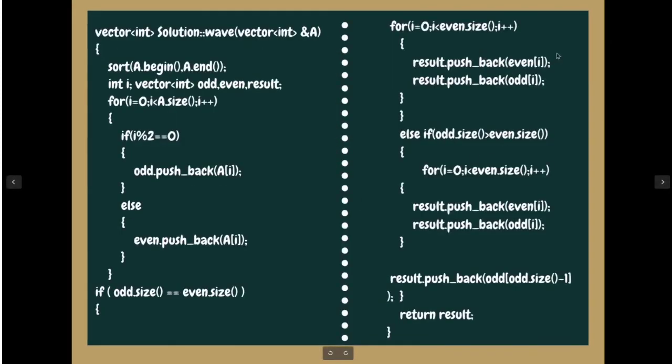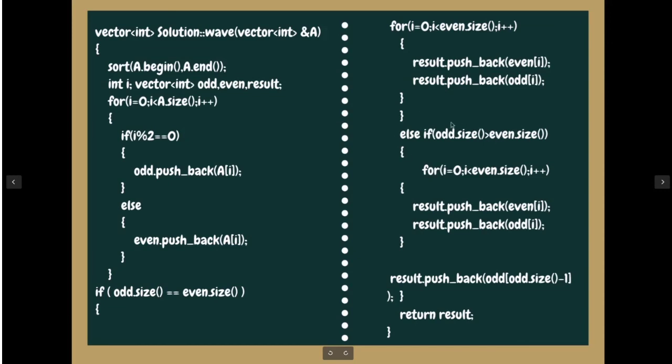We are doing the exact same thing here throughout the length of the even size, and we are doing it through the length of the even size because the even size is always smaller than or equal to the odd one. Now this is when the size of the odd one is equal to the size of the even one.